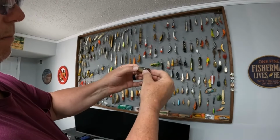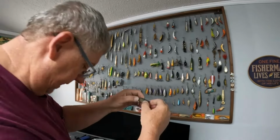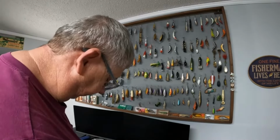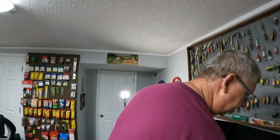Here's the old style popper, but it's a rubber body. So it's a whole different technique. Spoons, different spoons. So get out there and look around at garage sales and stuff, and if you have an idea of what you'd like to